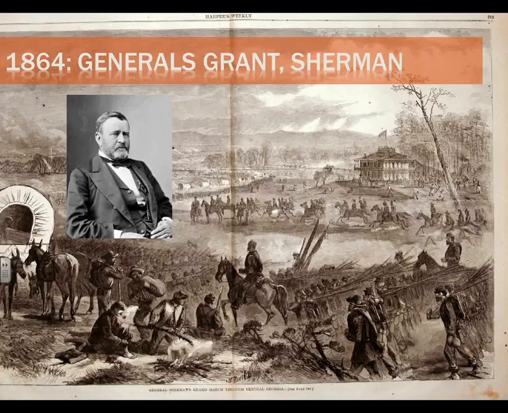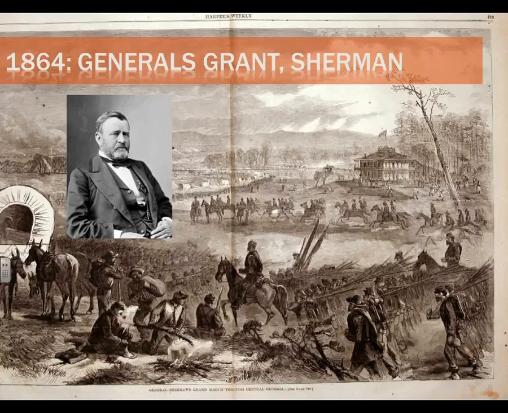And Grant has sort of two elements of genius. The first element of genius is that Grant finally gets it that we need to attack everywhere at once. That part of our flaw has been simply focusing our attack here and then our attack over there and so on. So we need to attack everywhere at once, and that will force the Confederates to thin their lines. So that will give us an advantage.